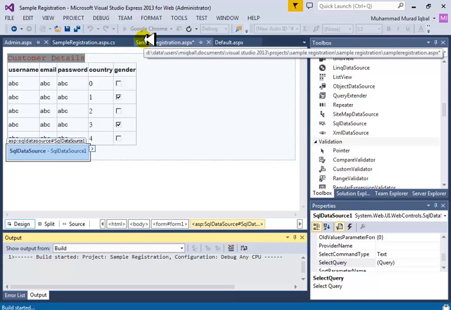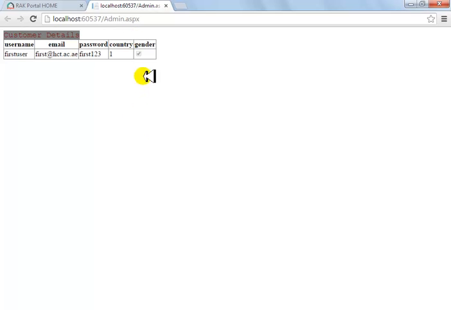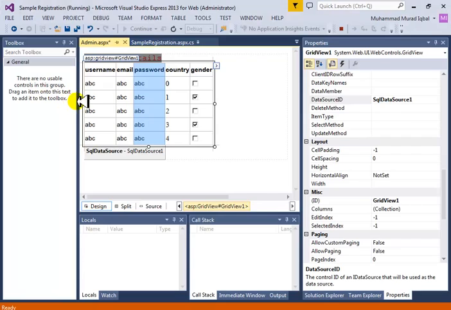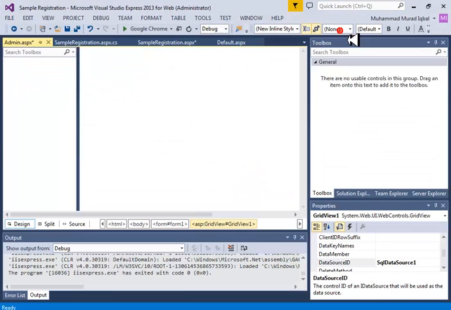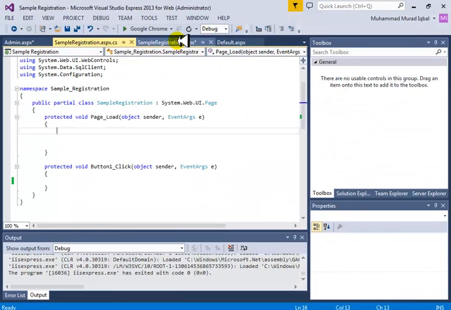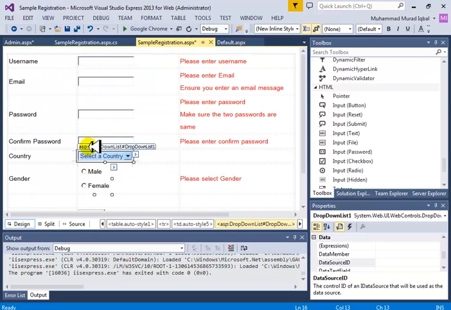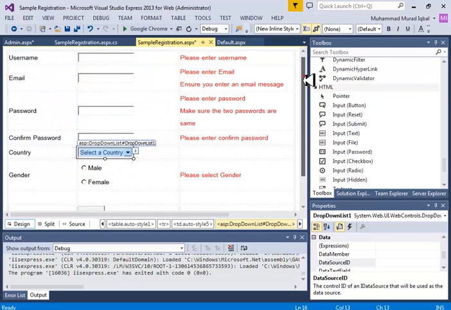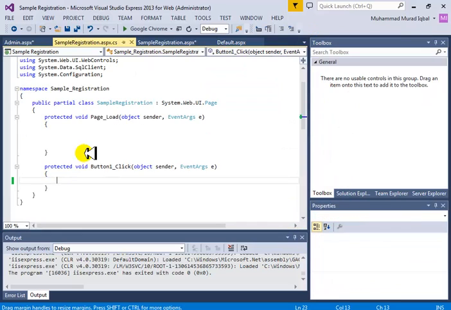So let's play. Okay, so I ran this and I saw this data is now returned. So I've done my first operation, which is my read. So read is working from the database. Now the next thing I want to do is to interactively create more users from the website. So I go back to my samples registration page. This is what I need to do: when the user enters this information and clicks on submit, insert the records in the database. So to do this,